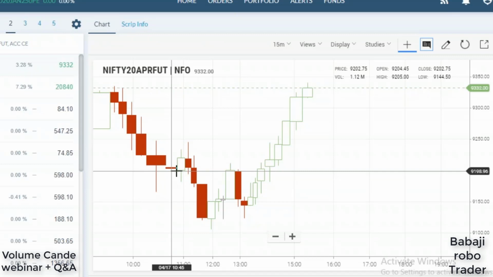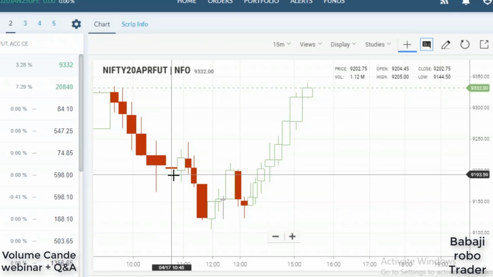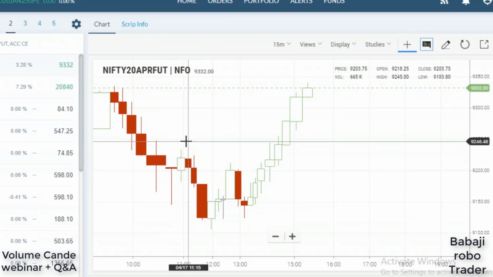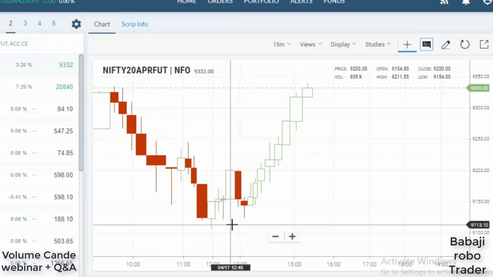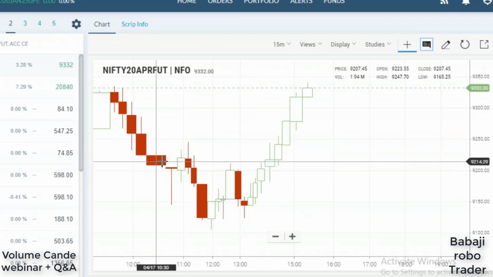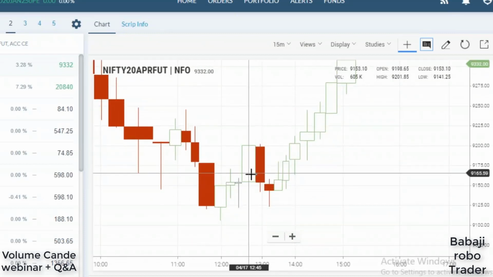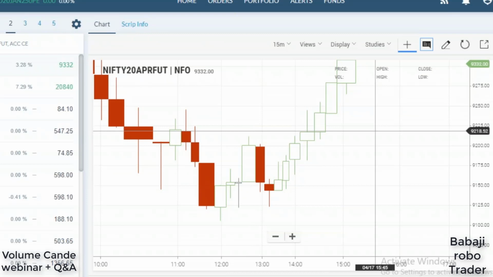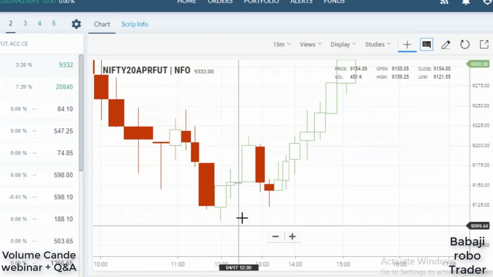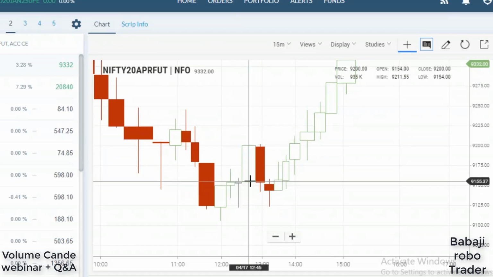Pin bar: a longer wick in the opposite direction, right? Here we can see the market opened with a gap and started falling, having a huge wick on the downside. When the high is broken, we go for the long trade. When the low is broken, if the wick is on the opposite side, we take a sell trade. Here we got one big volume. After the market started falling, in between we have a pin bar. When the high is broken, we go for a long. Because the volume happened here, we can fix it here also, with the huge volume.